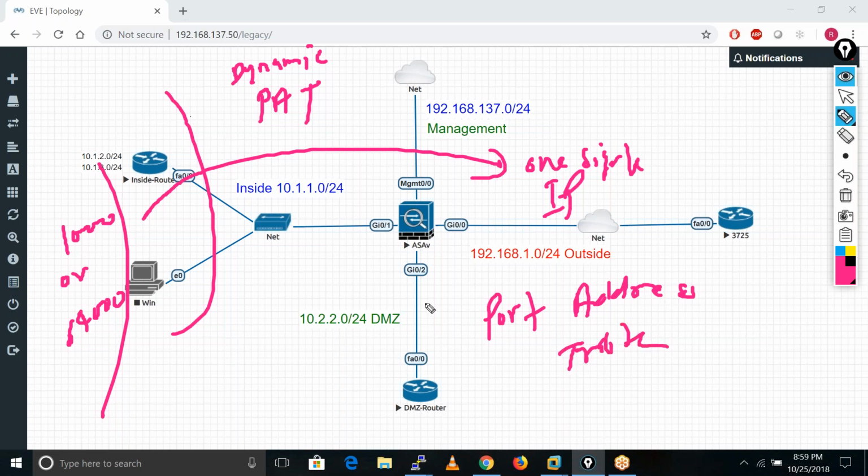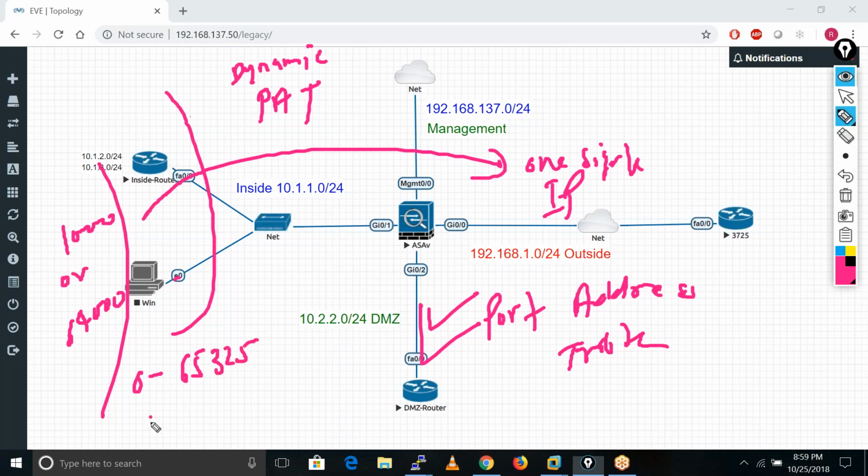PAT basically does the translation on the basis of port numbers, right? And we have port numbers from 0 to 65535.